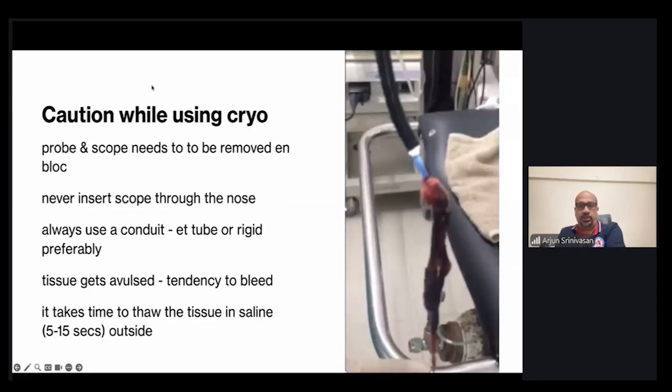So these are the cautions that we need to use while using cryo. The probe and the scope need to come out en bloc. We've seen it in all the case demonstrations. Never insert the scope through the nose, because